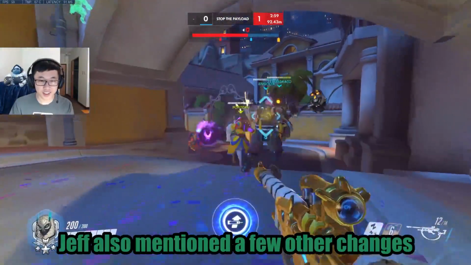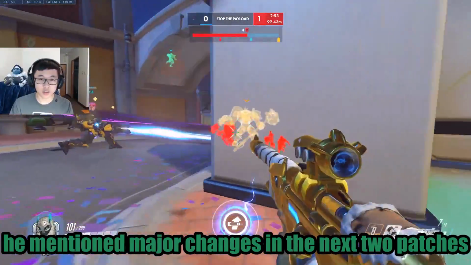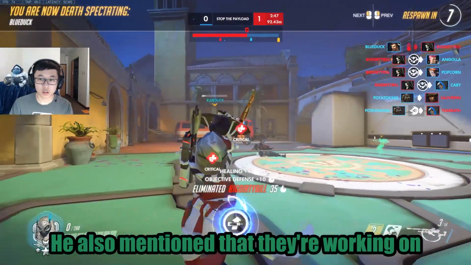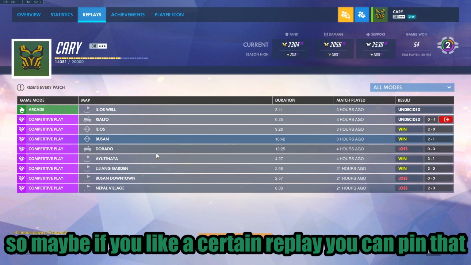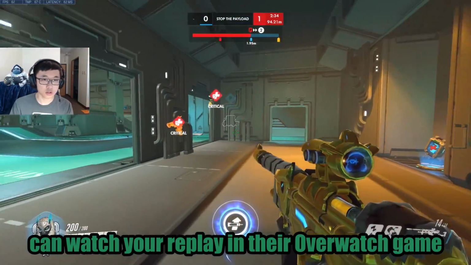Now, to wrap things up, Jeff also mentioned a few other changes that are going to be coming within the next few months. He mentioned major changes in the next 2 patches to deal with cheaters. He also mentioned that a big workshop update is coming. He also mentioned that they're working on the ability to pin a replay, so maybe if you like a certain replay, you can pin that. And also the ability to share replays, like share replay files,